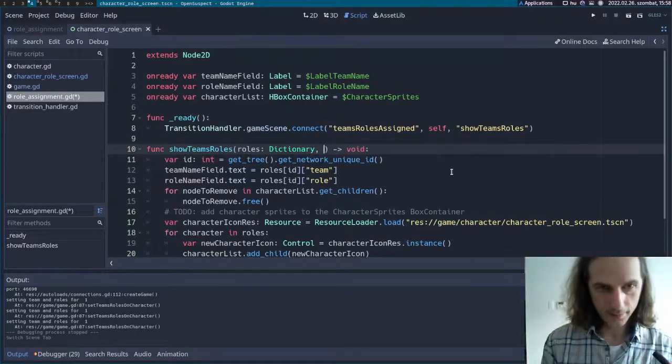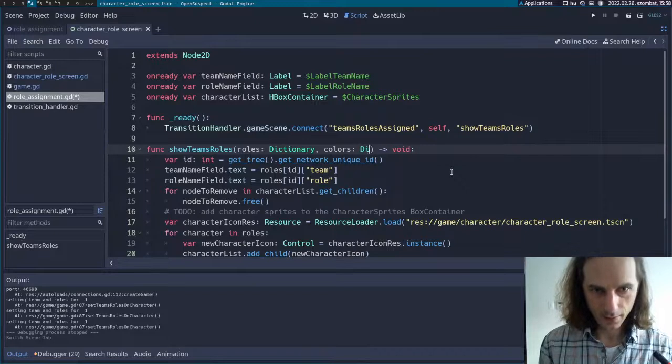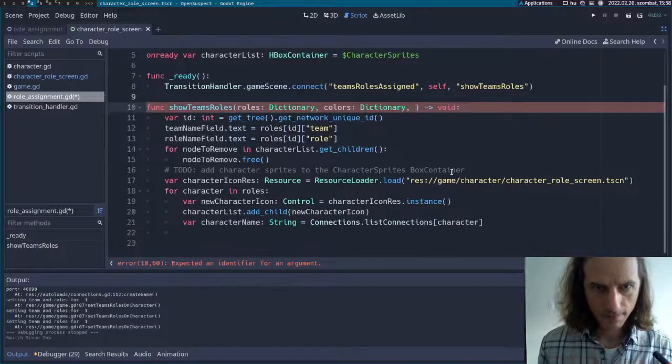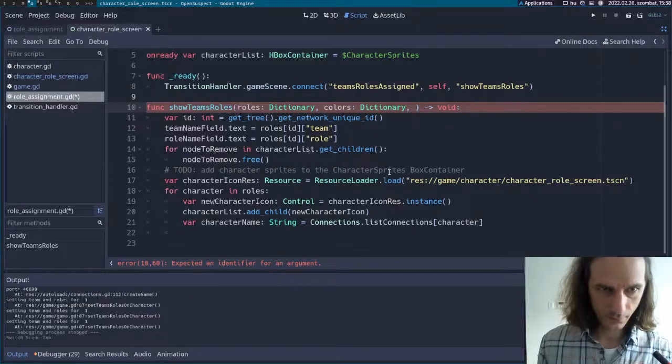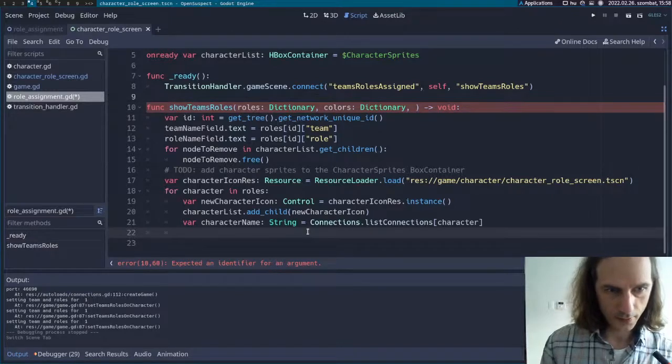Roles dictionary, colors dictionary, and what else? We don't need the names. The names are very easy to get. And so we can